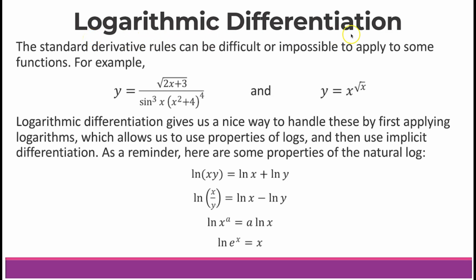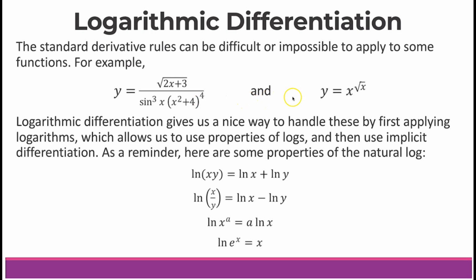Let's talk about logarithmic differentiation. The standard derivative rules can be difficult or impossible to apply to some functions. For example, y equals the square root of 2x plus 3 over sine cubed x times the quantity x squared plus 4 to the fourth. Well, it's possible to do this derivative, but it's pretty difficult with all of the quotient, product, and chain rules